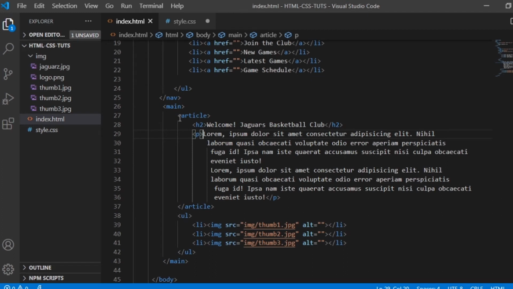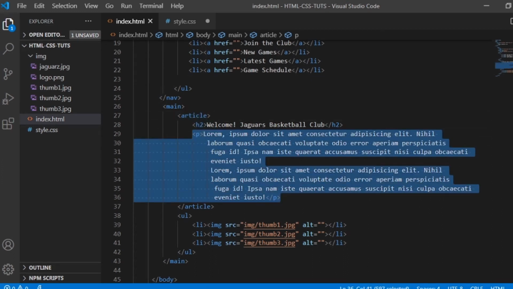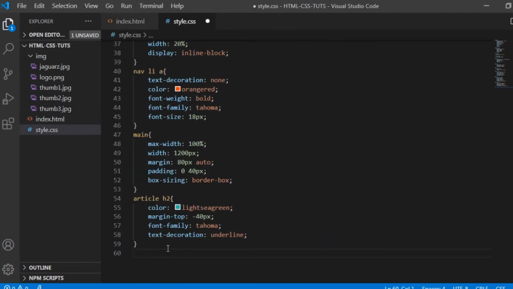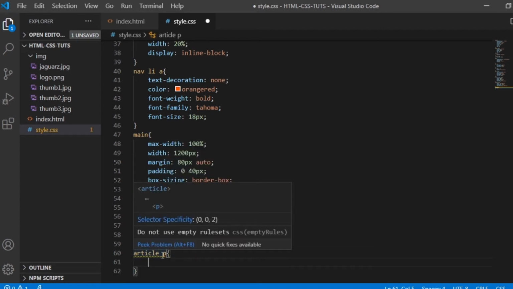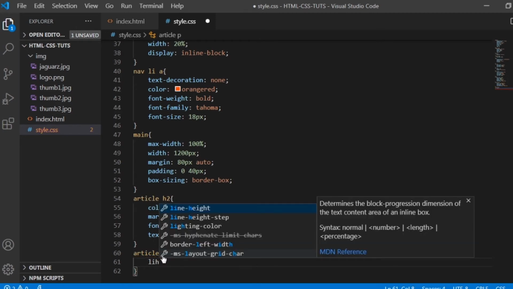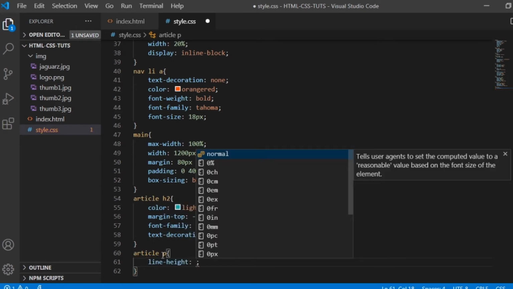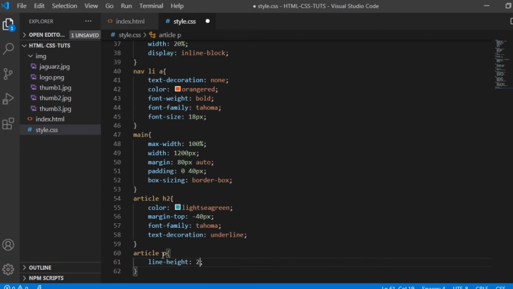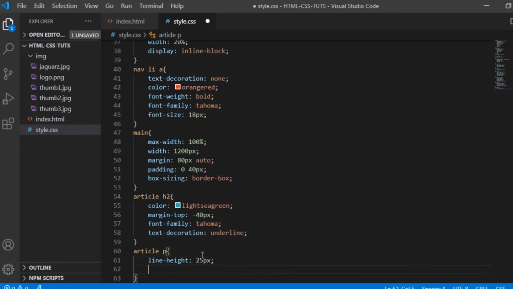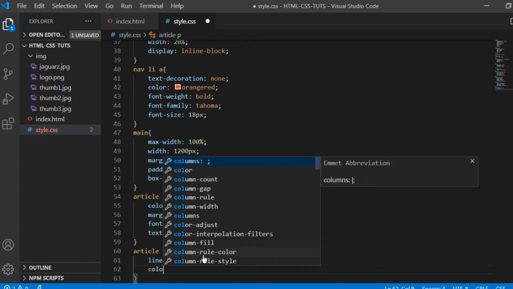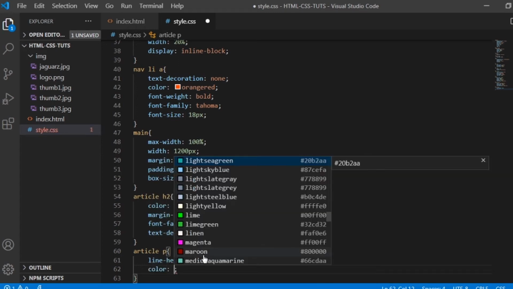Okay, so next we will be designing the paragraph inside the article. Okay, so let's go back here to our CSS, and then let's say article P, and then let's create a design for the paragraph. Okay, so line height, it's gonna be 25 pixels. Okay, and the color, let's say, for example, black.